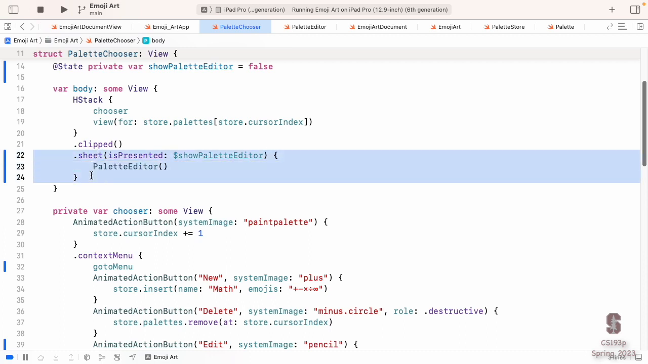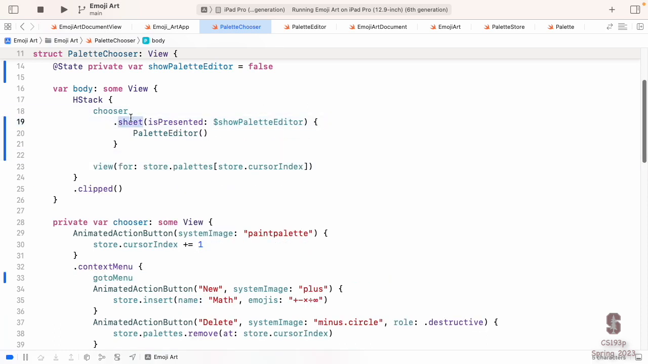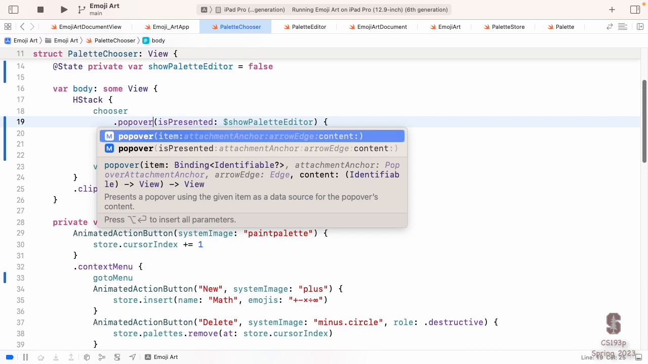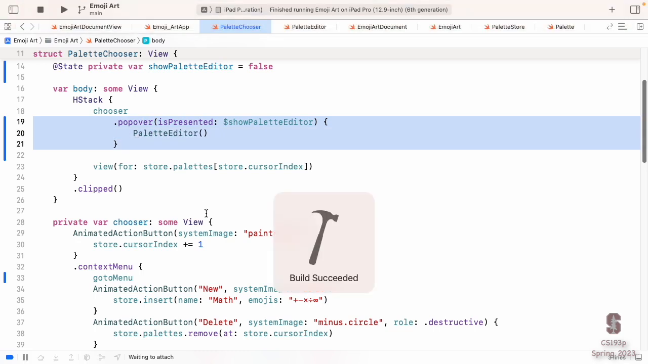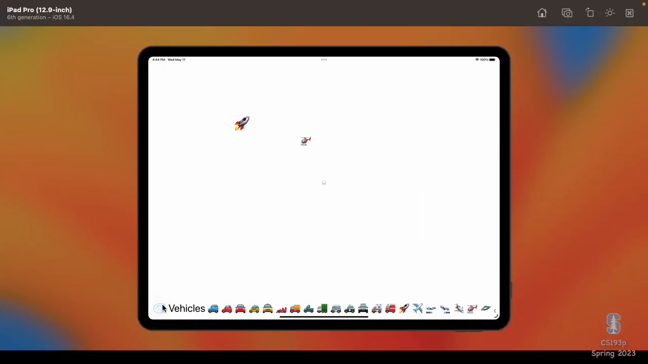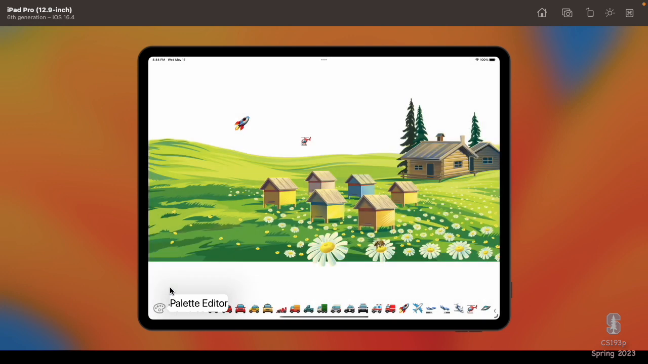It looks just like sheet, except you're going to put it on the view you want it to point to. So here I'm going to make this a popover, and I'm going to have it point to the chooser button that brought it up by attaching this popover to it. So let's see what that looks like. There we go. Down here, edit, palette editor, and it's maybe hard to see, but there's actually a little arrow